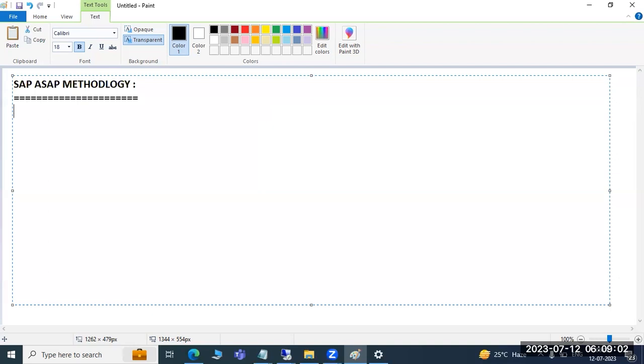the phases of the implementation, the phases of the SAP implementation, right? So the phases of the SAP project. ASAP means Accelerated SAP. It's a SAP standard project preparation and implementation methodology. So the main purpose of this SAP methodology